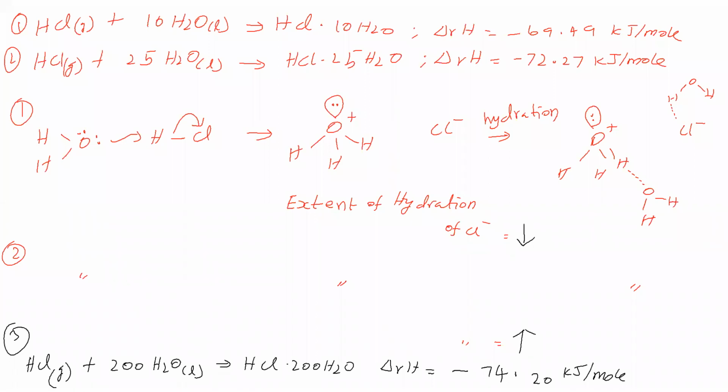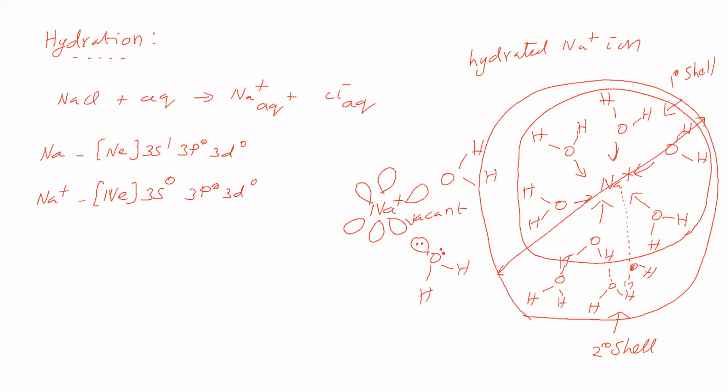Similarly, you add some more water to the third case, you will get a fourth case. Into the first, 10 moles of water; next we added 15 moles of water, therefore we got 25 moles; then we added 175 moles of water, therefore we got 200 moles of water. Then add some more water. What will happen? Does the net quantity of heat involved change or not? It changes. Again add water, and the net quantity of heat involved changes.